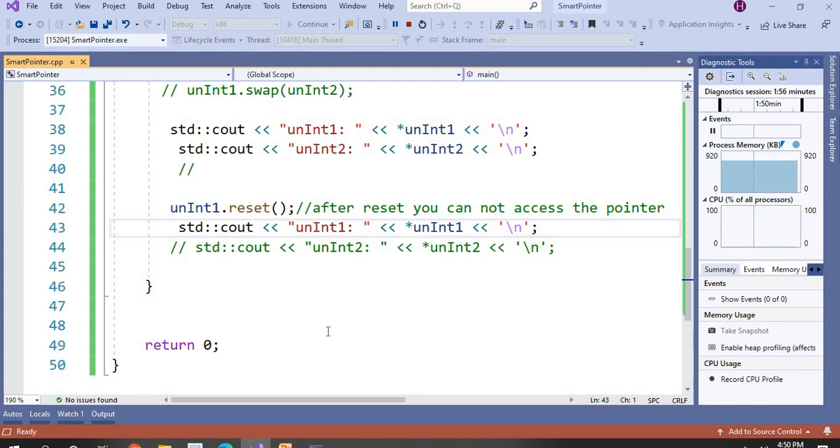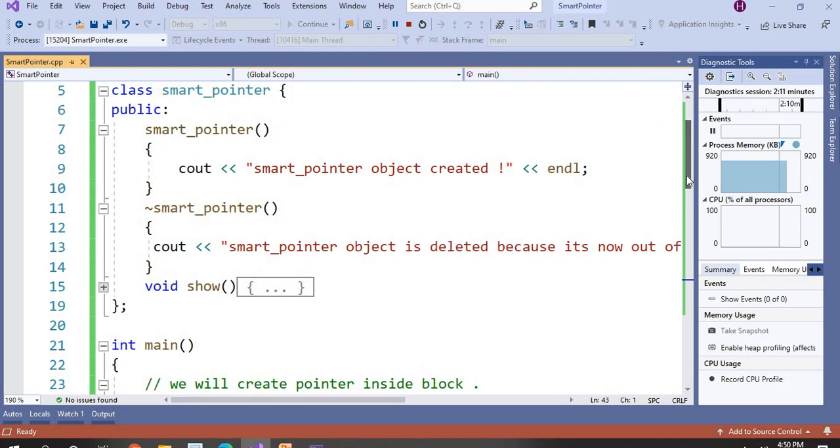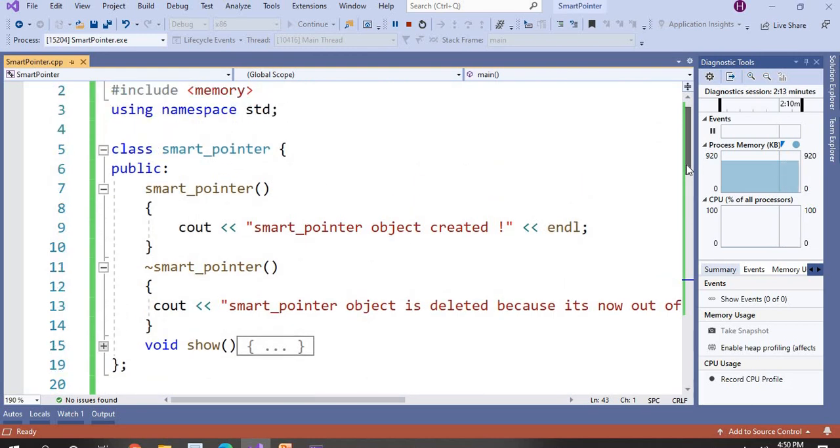Okay, so that's for today. In my next session, I will explain what a shared pointer and a weak pointer are. Till then, you can create your own program. Once again, you can see what I have done.